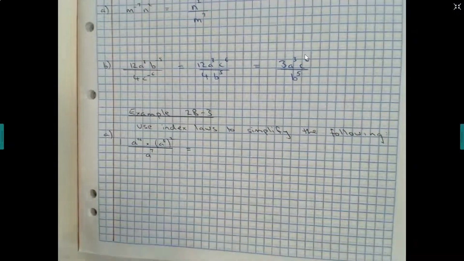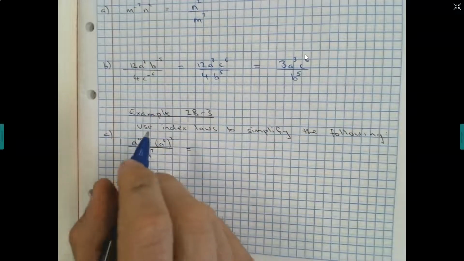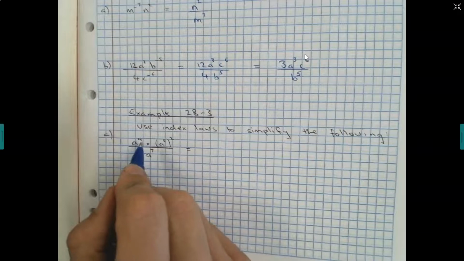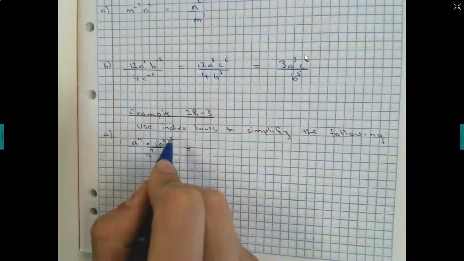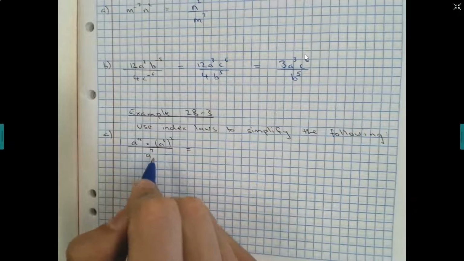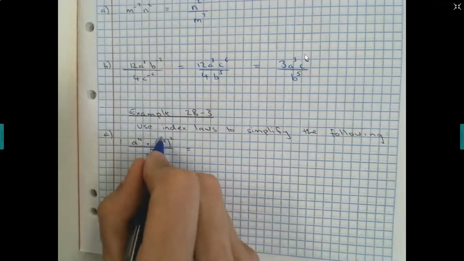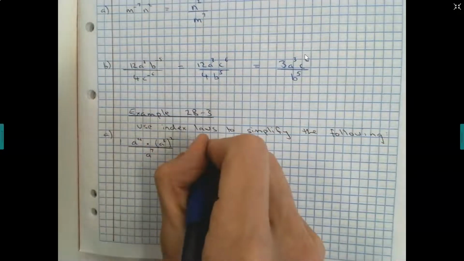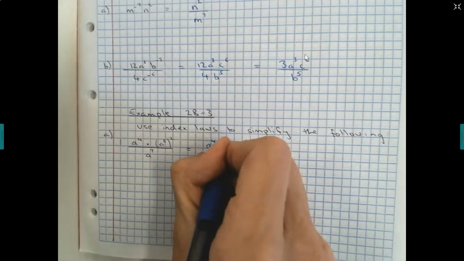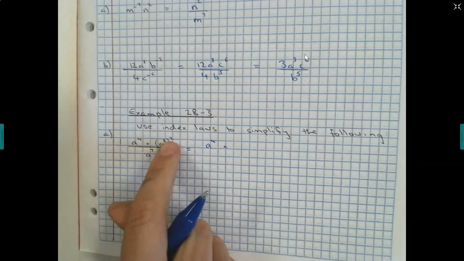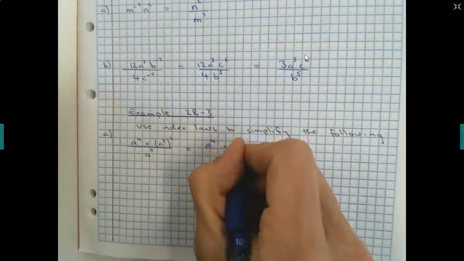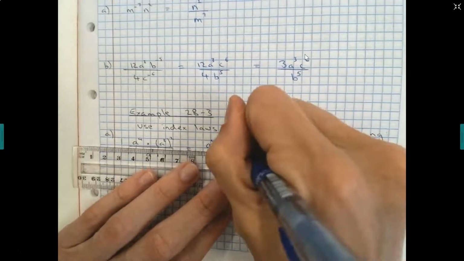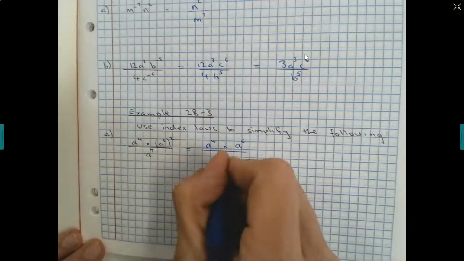Okay, and the final example that we'll look at, we have to use the index laws to simplify the following. So a to the power of 4 times a to the power of 3 raised to the power of 2 over a to the power of 7. So first let's simplify this indice here. So the a to the power of 4 is going to stay as is, times a to the power of 3 raised to the power of 2, we multiply those. Is going to be a to the power of 6 over a to the power of 7,